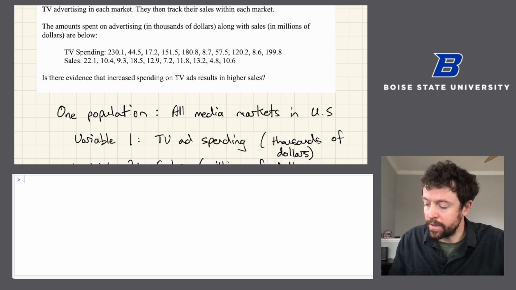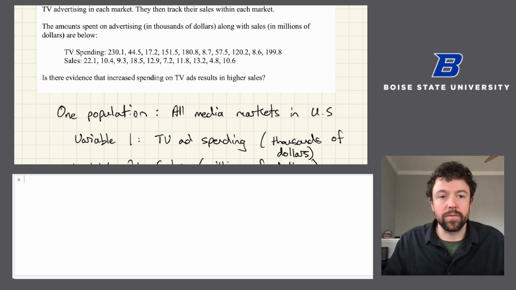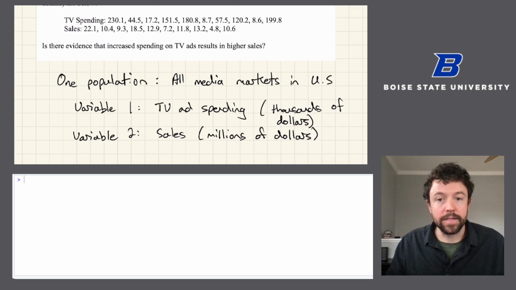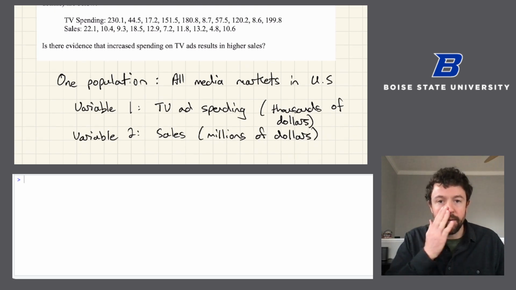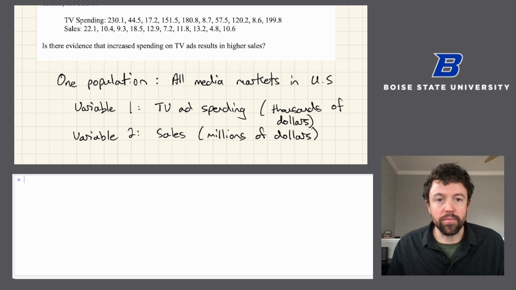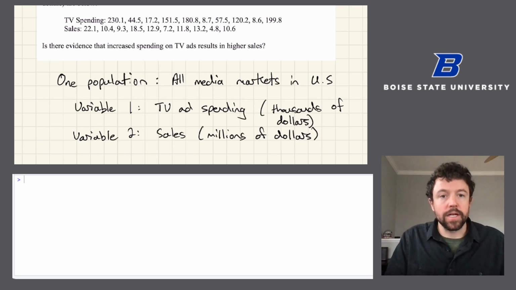So we're in the situation where linear regression might make sense. We have one population and two variables. And what I'm going to do is enter this information into RStudio and show you how to get some of the things that you'd want in order to perform linear regression and be able to see whether linear regression is appropriate. So the first thing I want to do is get this data into RStudio,